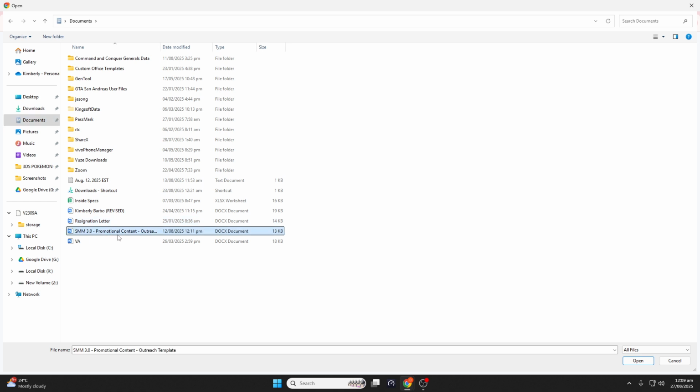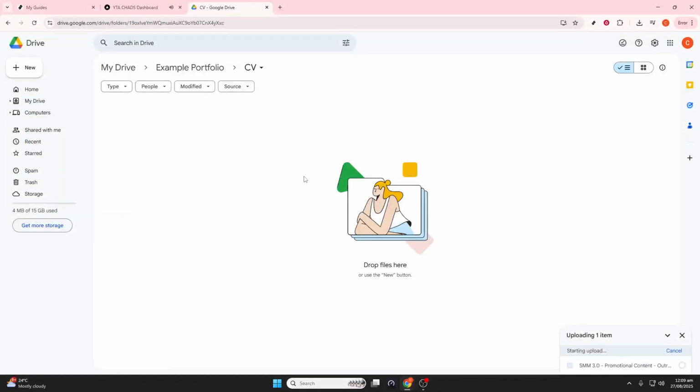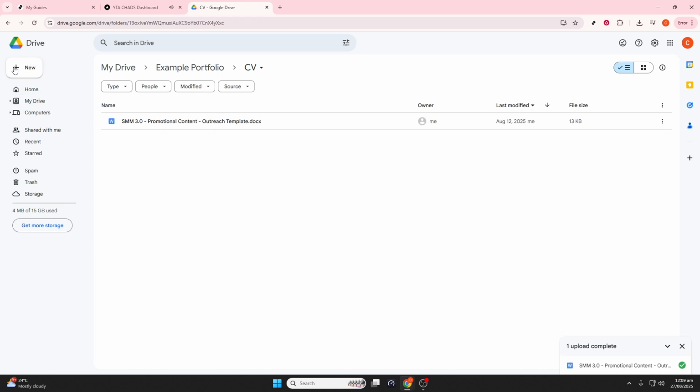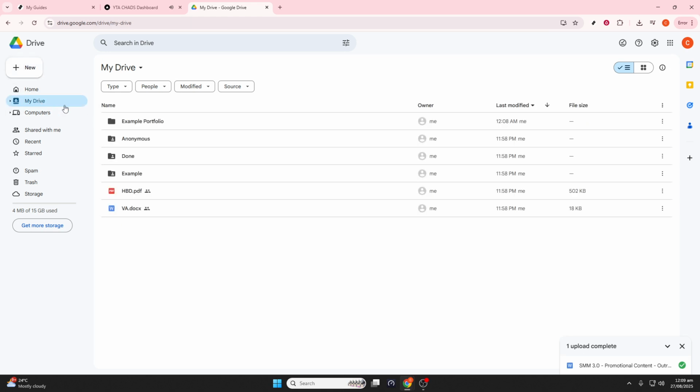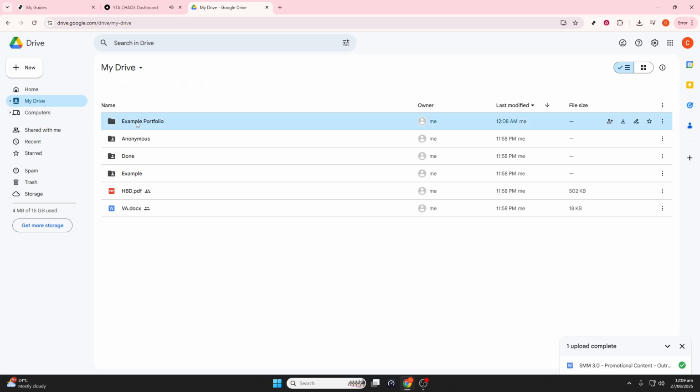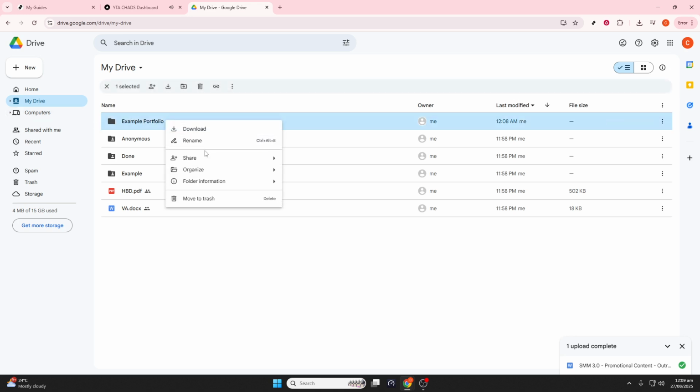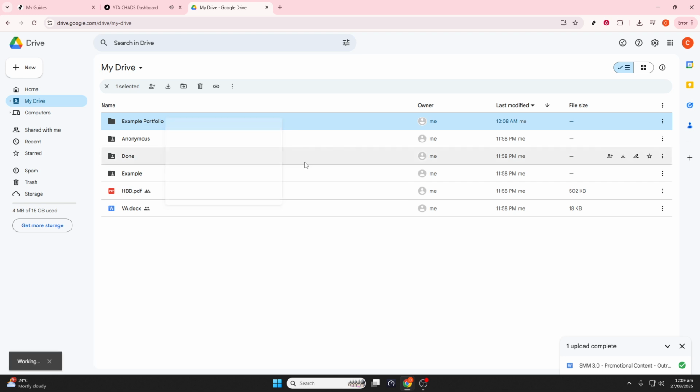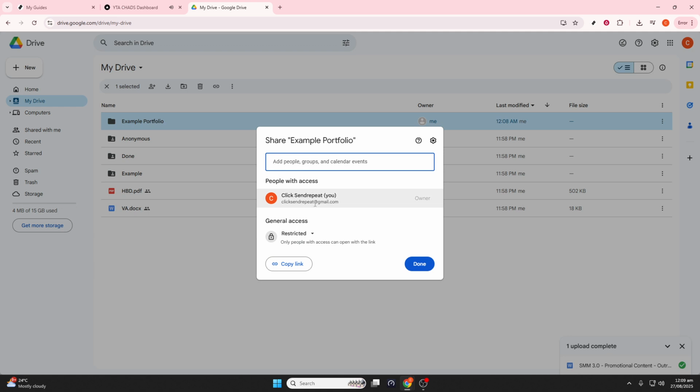To share your portfolio, right-click on the main portfolio folder and select Share. From here, you can choose your sharing preferences. You might want to keep it restricted so that only specific emails can view it. Or you can opt for sharing with anyone with the link, especially if you're using it for job applications. Make sure to copy the shareable link, which you can include in emails, resumes, or even on LinkedIn for potential employers or collaborators. Finally, don't forget to click Done to finalize the sharing settings,